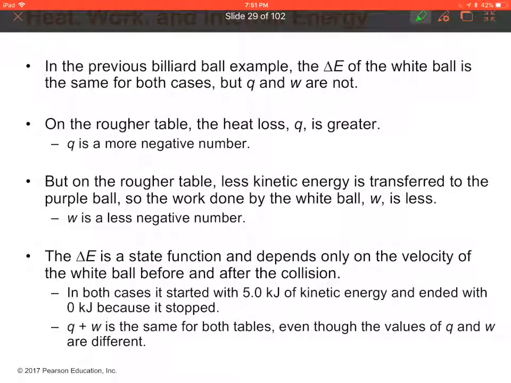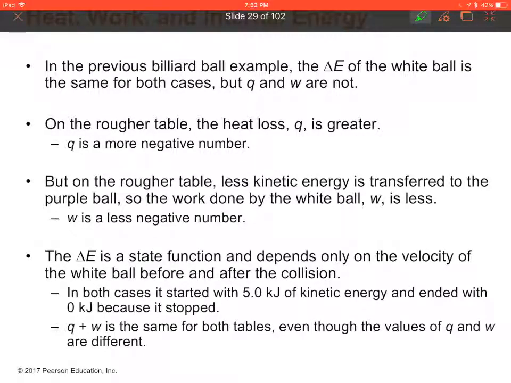Okay? And so, in the previous billiard ball example, the change in energy of the white ball is the same for both cases, but Q and W are not. On the rougher table, the heat loss Q is greater. Q is a more negative number. But on the rougher table, less kinetic energy is transferred to the purple ball, so the work done by the